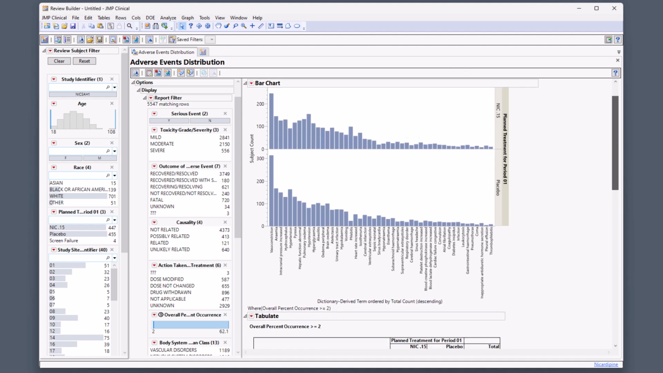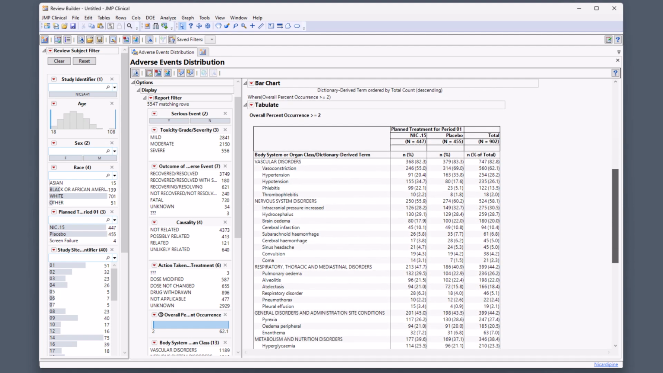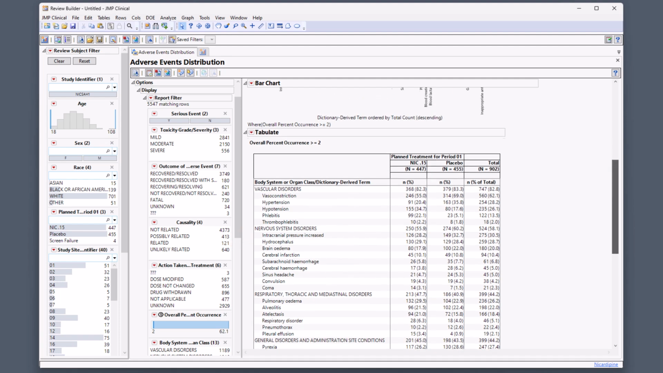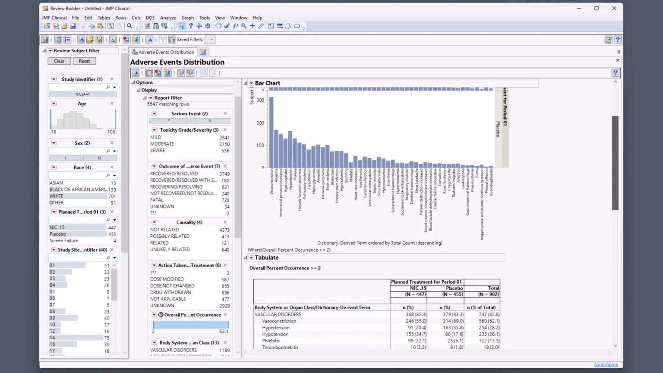Below the bar chart, the Tabulate section provides a more detailed view, presenting subject counts and percentages for each treatment group and adverse event, categorized by body system or organ class. Like the bar chart, the Tabulate report responds to selections made in the data filter and indicates any filter selections